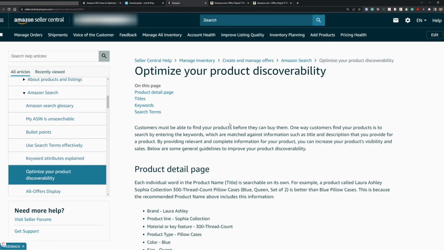So I hope this was helpful. In the next video, I want to go over how to start making keyword lists and then how to start building